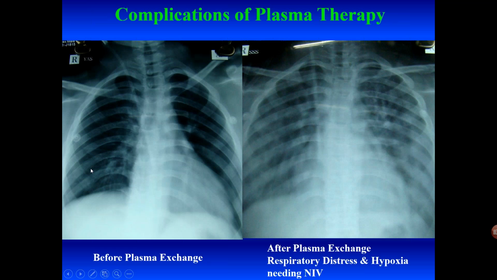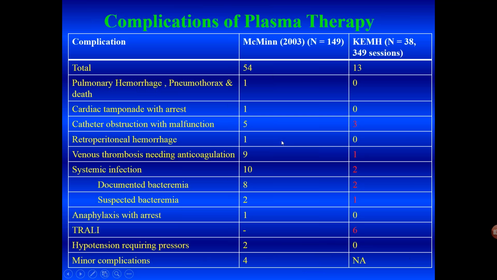Is plasma exchange perfectly safe? This is a 14-year-old patient who had high anti-factor H antibodies, and every time he had plasma exchange, he became hypoxic, had respiratory distress, and needed non-invasive ventilation, and his X-ray looked like this. This is transfusion-related acute lung injury, and it contraindicates the use of fresh frozen plasma. Now, fortunately, we did know that in this case, it was antibodies we wanted to remove, and that we could switch this patient over to a plasma exchange, not using fresh frozen plasma, and add immunosuppression. And very fortunately, he did extremely well after that.